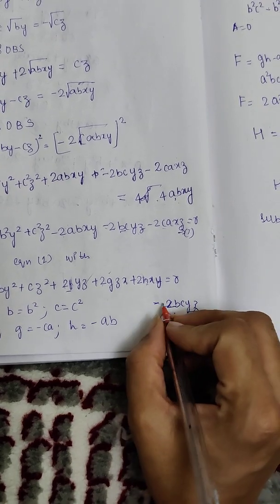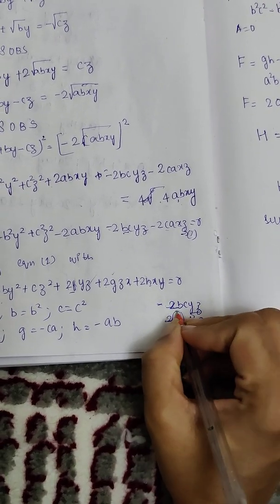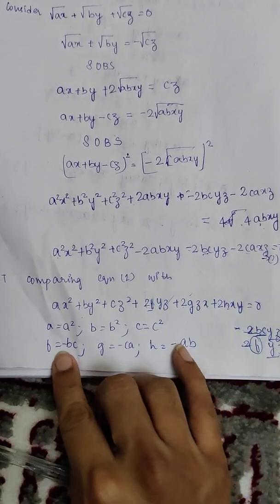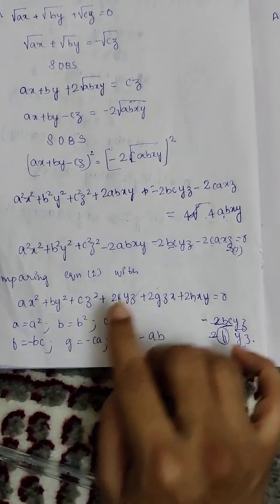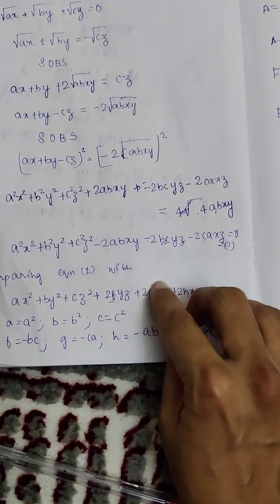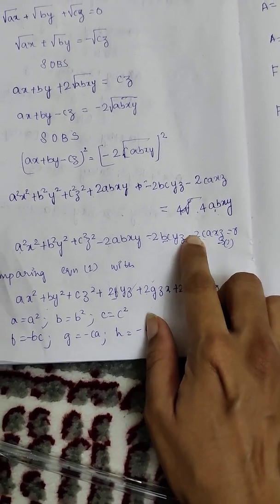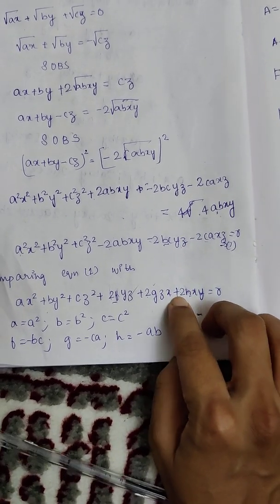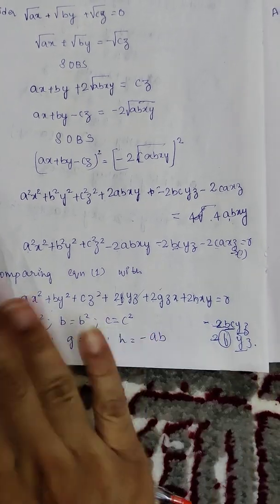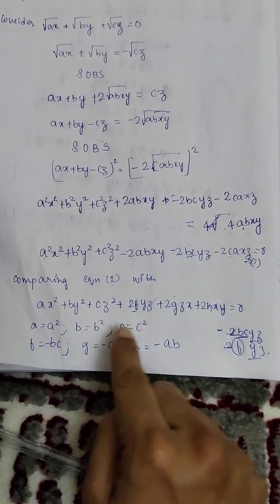what do I have extra? So what is the value of f? Value of f happens to be minus bc. F is what? Minus bc. Similarly, g becomes 2gzx. If I'm going to compare, your g becomes minus ca because I have a minus over here. 2hxy, compare, your h is going to become minus ab. So I got the values of small abc.